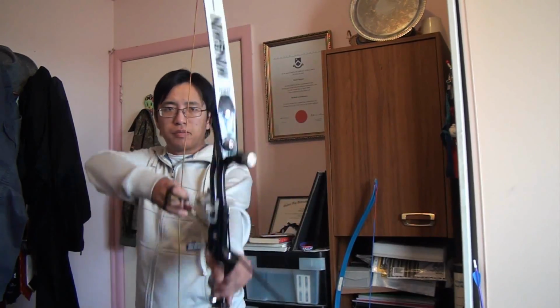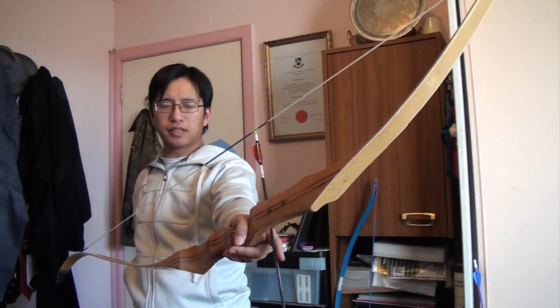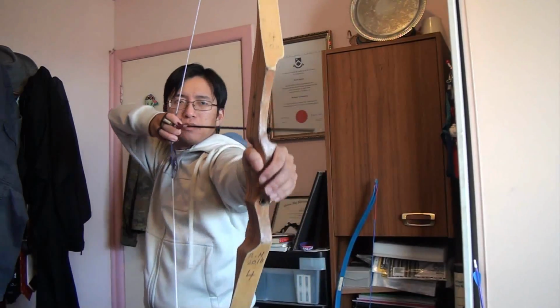Here I've got my 68-inch target recurve, and this is much closer to what I'm meant to use. As someone with a 26-inch draw length, I'm probably best suited for a 66 or 68-inch bow, and obviously I can use it fine. This is a 62-inch bow. This is much closer to the typical lengths of hunting and beginner bows, such as the Samick Sage. Again, I can show that you can use it